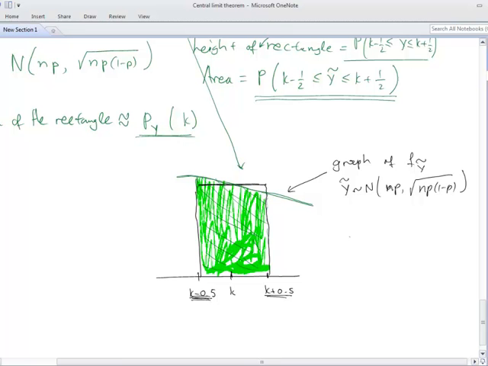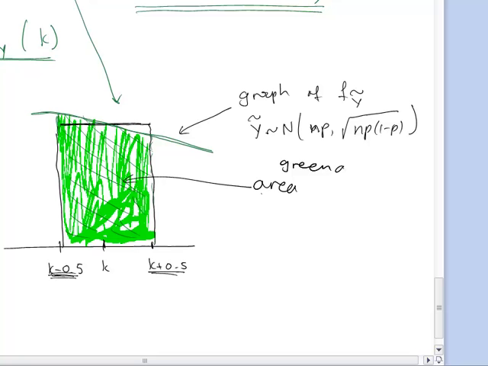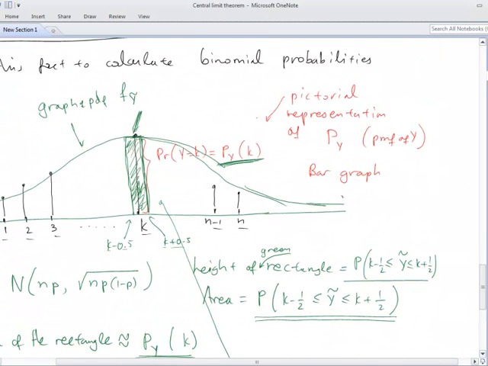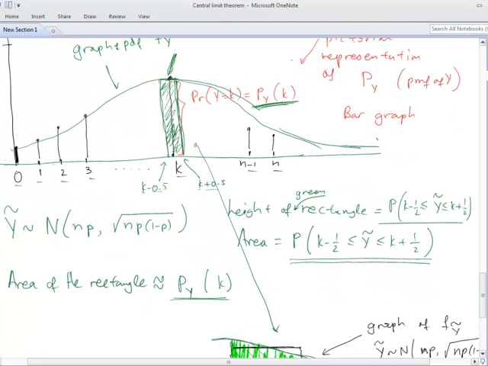is equal to the probability, so green area equal to the probability that y takes the value between k and k plus 0.5. But since the range of the values, the n, which determines the range of the possible values of the discrete random variable, is quite big,